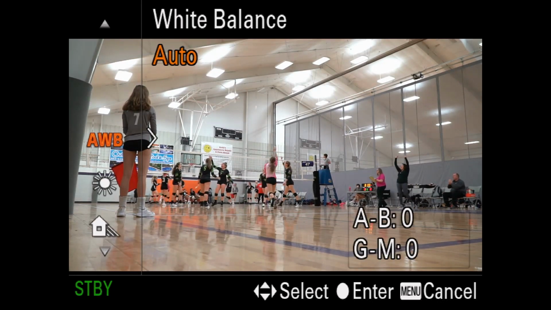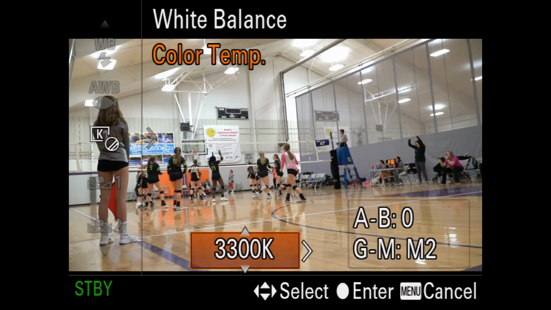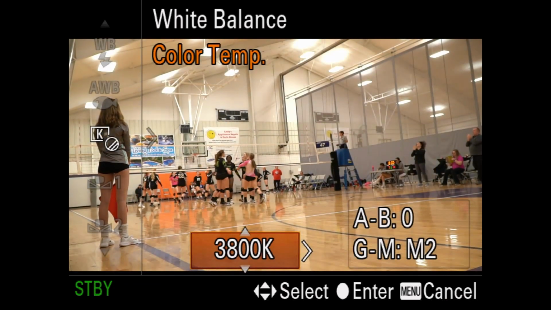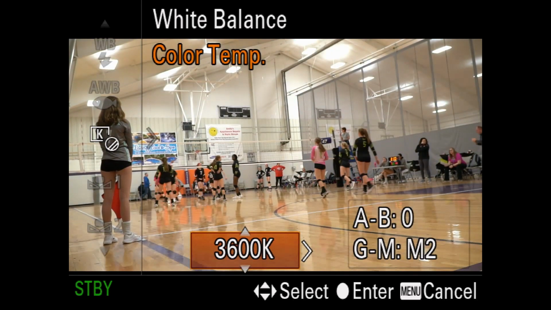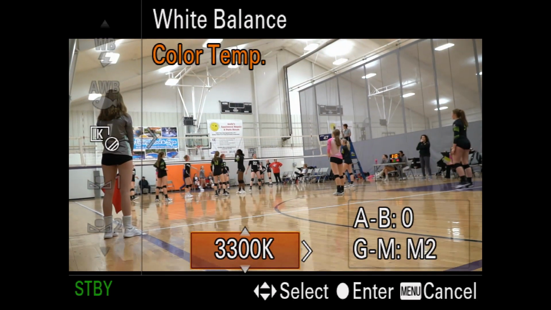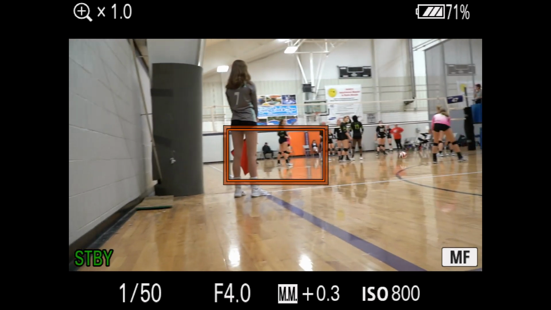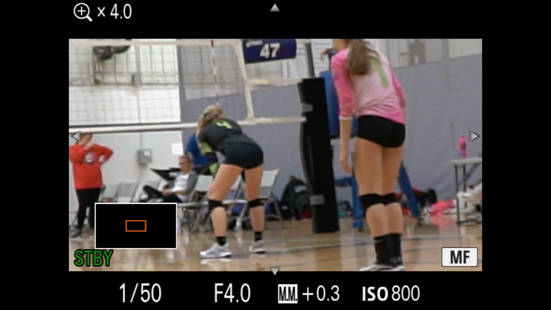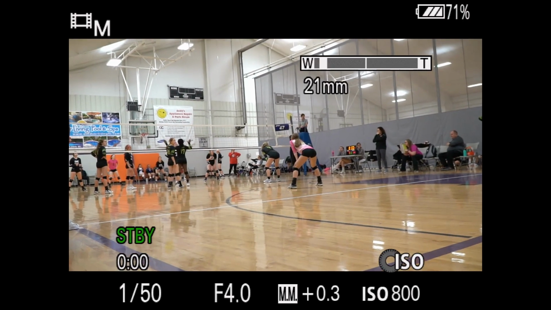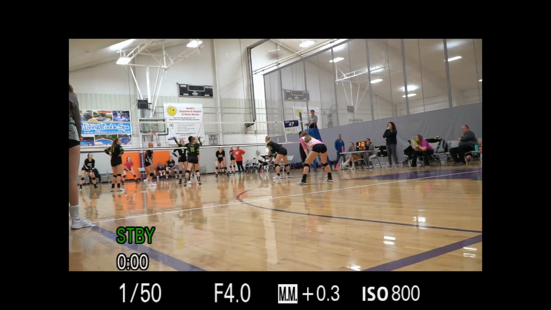And then what I'll do here is go into the Kelvin adjustment and kind of cursor around, because I know it's going to be somewhere around 33, and I'm going to be looking at the whole image, like the gym floor. I don't want that too warm. I also want the skin to look correct, and I also want the white walls to look white. So I'm just going to bounce around until I find the correct Kelvin adjustment,